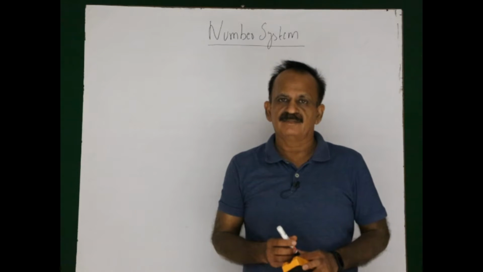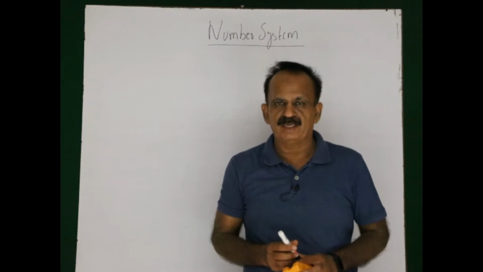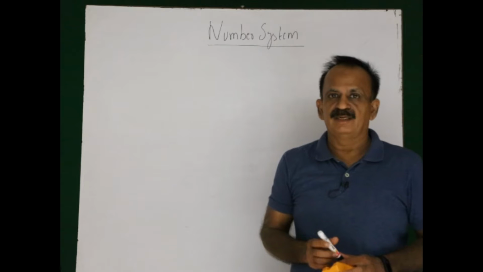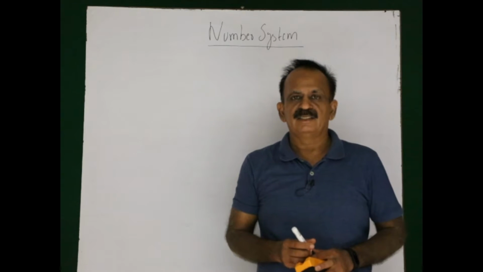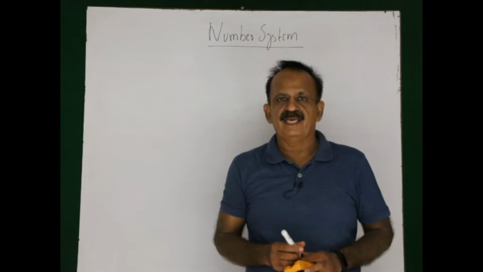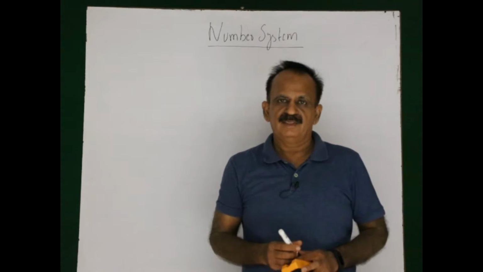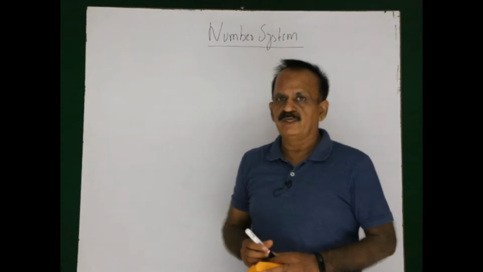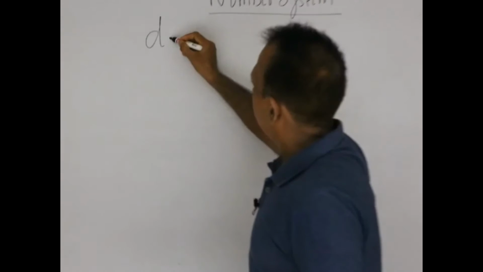Binary number system, the base is 2. That means the number system is having only 2 digits 0 and 1. Hexadecimal, the base is 16, the digits are 16, 0 to 9, and then A, B, C, D, E and F. In the last lecture, we discussed conversion from decimal number system